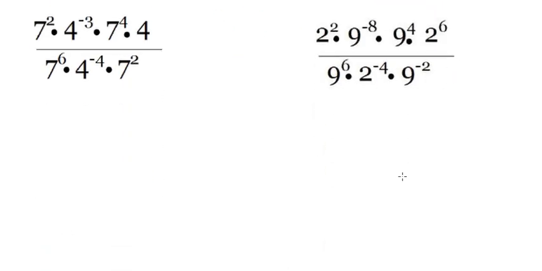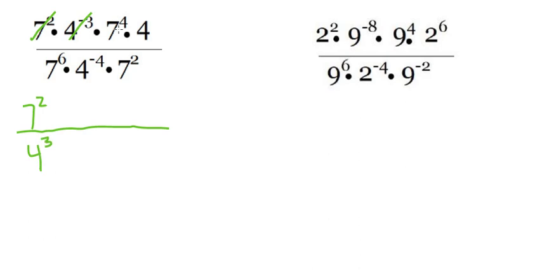Now, these next problems look harder, but they are not any harder. The only difference here is that when I look at this, I start observing that I have negative exponents. So when I solve a problem that contains negative exponents, I want to rewrite it before I start. So basically, I'm going to take every term and either keep it where it is or flip it. So 7 squared is already positive, and it's already in the numerator, so it stays in the numerator. 4 to the negative 3rd is in the numerator, but it's negative, so I switch it to the denominator, and